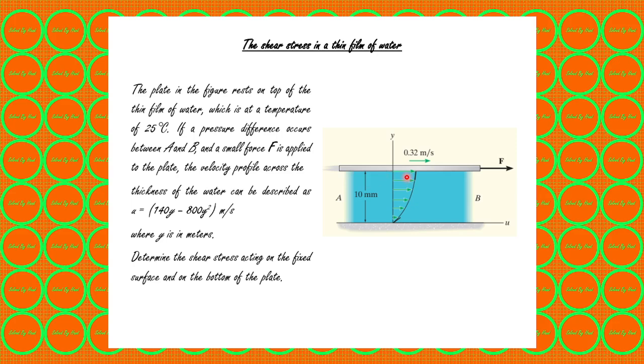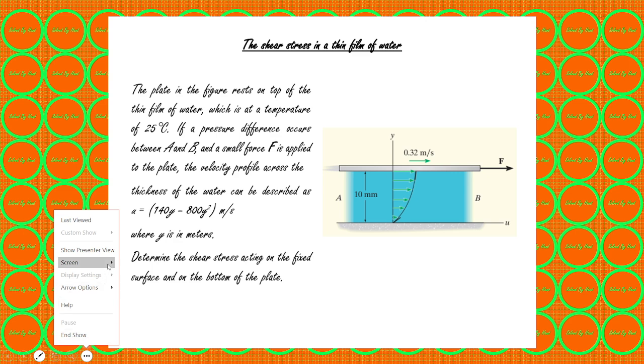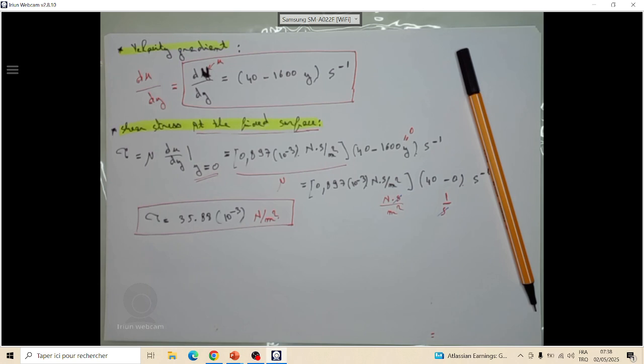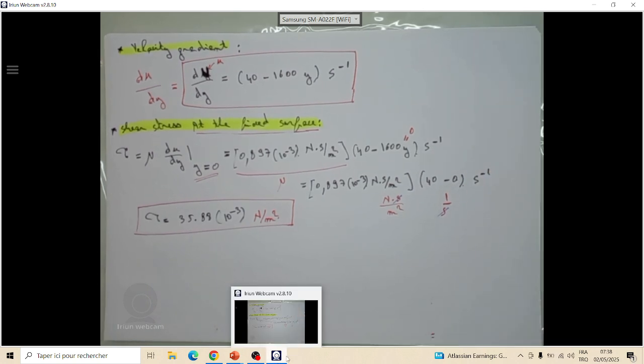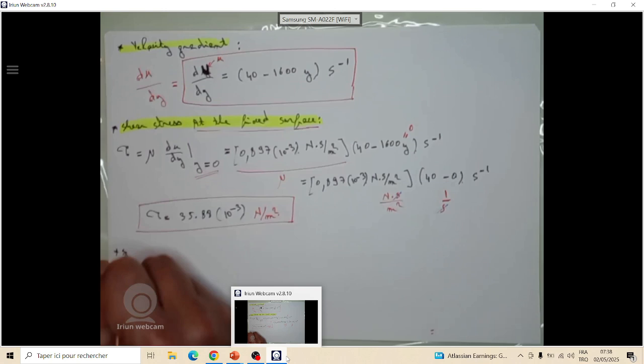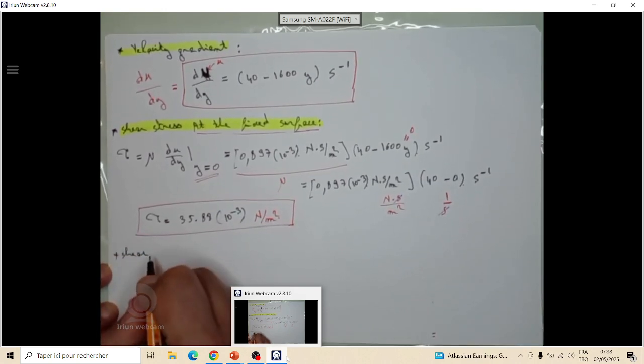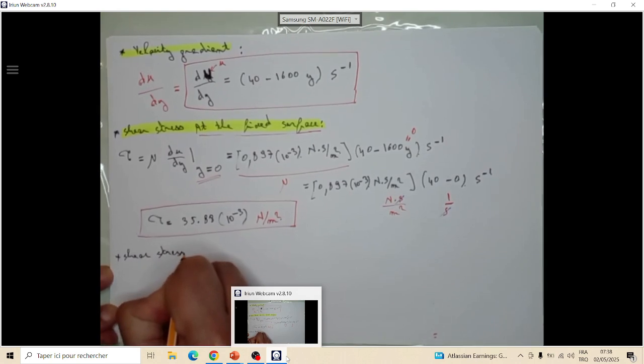The ordinate y near the bottom of the plate is equal to 10 millimeters. So let's apply this. Let's go back to our paper. So let's calculate shear stress